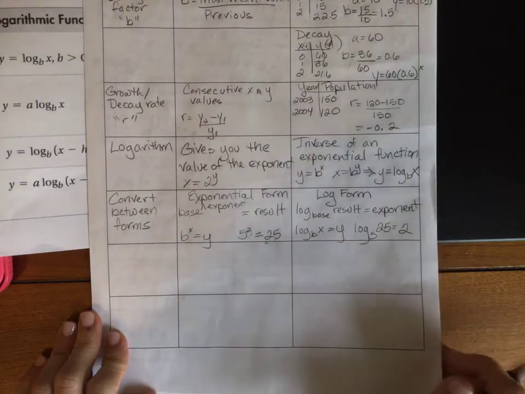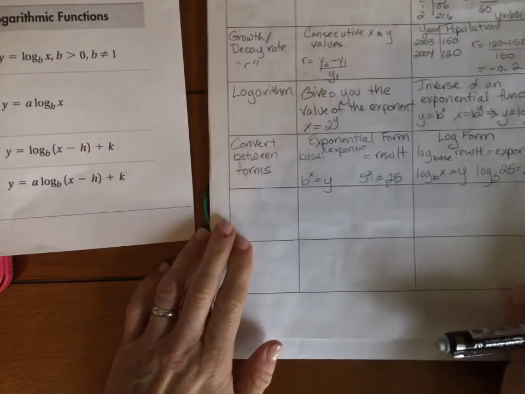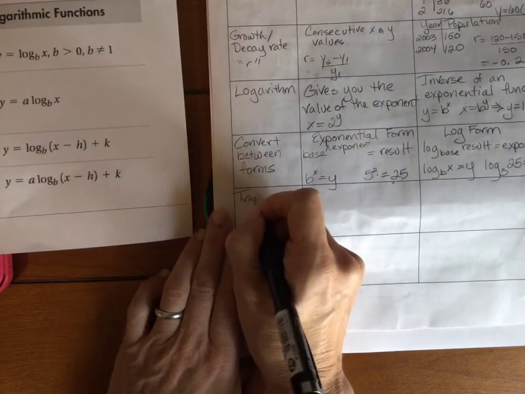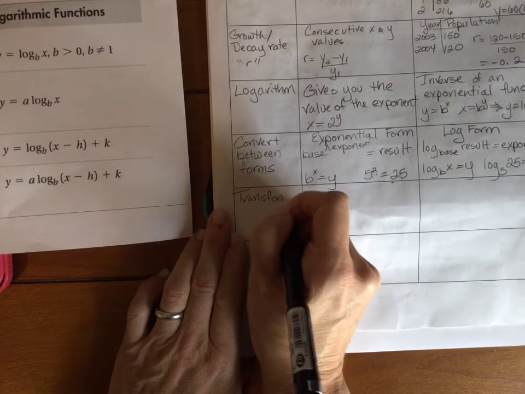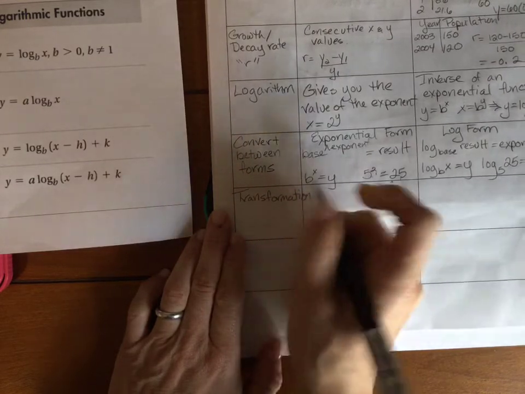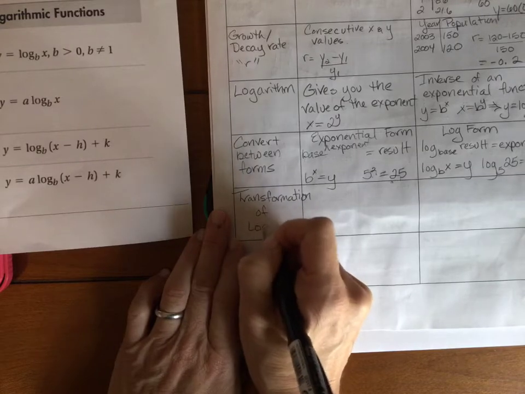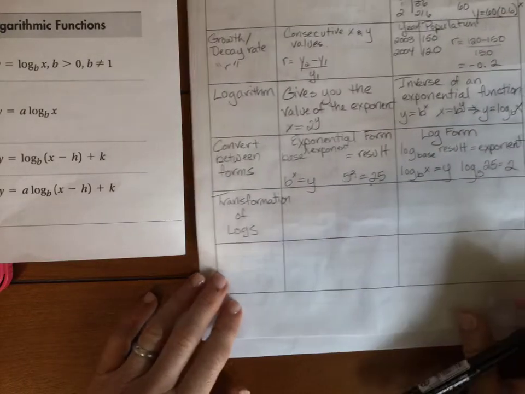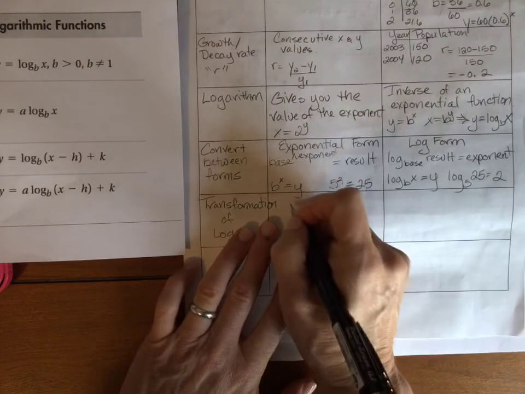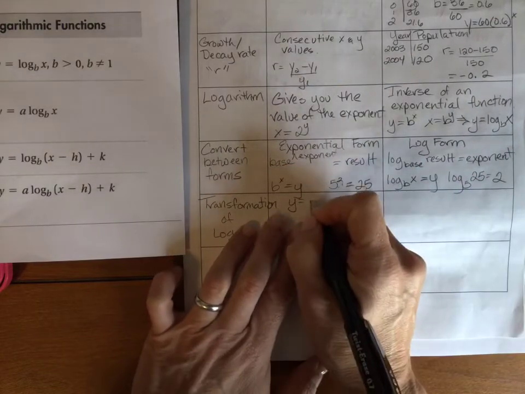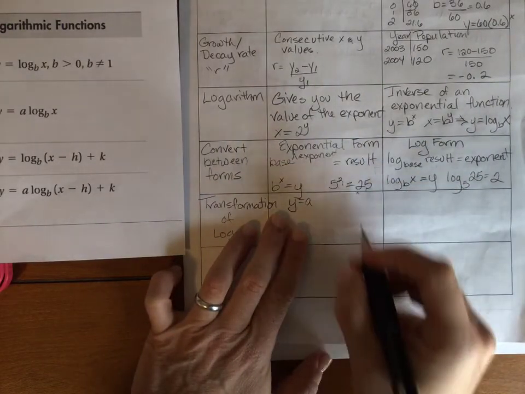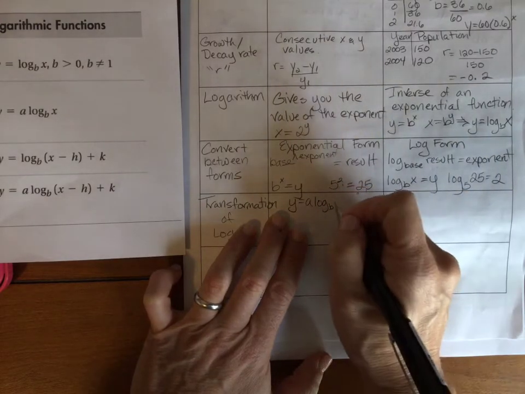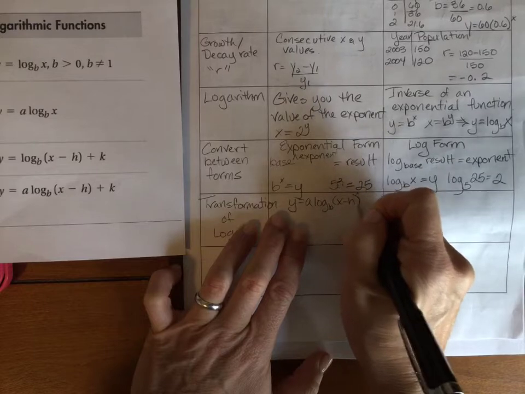We did graphing logs yesterday, and today we're going to be graphing transformations of logs. So first we just want to look at what those transformations of logs look like. So that's our next word, transformation of logs. By now you should be getting pretty familiar with what transformation form looks like. So we have A log of some base B, doesn't matter, of x minus h plus k,